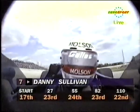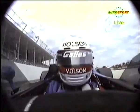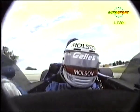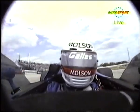and Sullivan's having a tough time. He's down to 22nd now. So he really is having a bad day with the Galles International run Lola. Of course, he was in the Galmer last year, and the Galmer team switched to Lolas for this season, and he is teammate to Al Unser Jr. So Danny Sullivan is certainly not enjoying a particularly good result so far. He was 5th back here in 1991 when he was driving the Miller Genuine Draft Alfa Romeo powered car, and